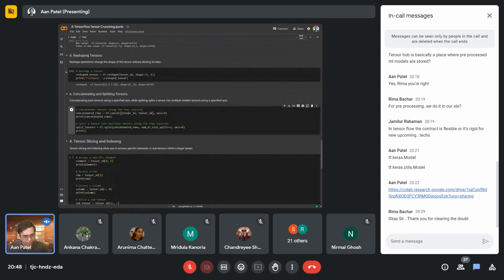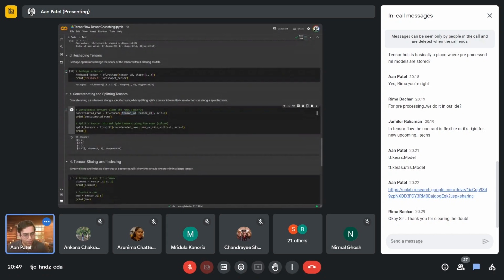So long as these tensors are the same dimension, it would let you concatenate them. As you can see, it appended the second tensor to the first one and returned a fresh tensor with an updated shape. So now it has this shape of 4 by 2